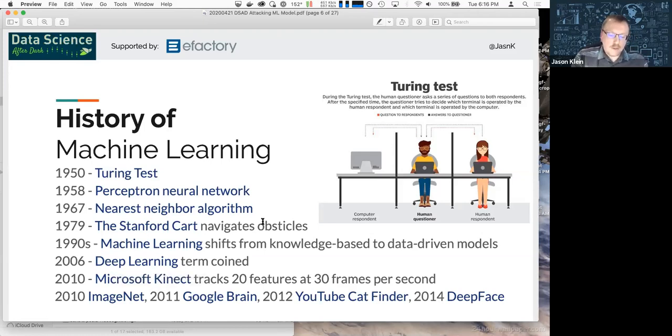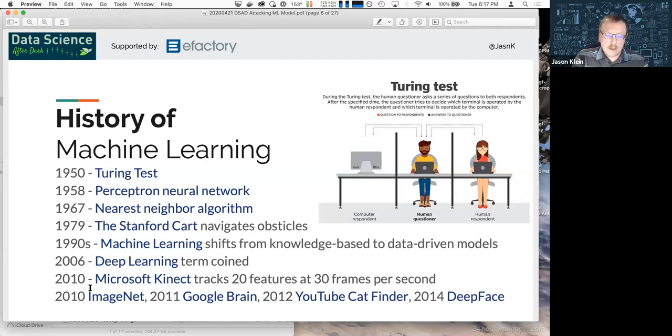Only 2006, which when you start to look at some of these benchmarks and milestones, it isn't really that far back, but that's when the term deep learning was coined, so 14 years ago. And then 10 years ago, we start to see a lot of activity. Microsoft Kinect, a lot of you who may have used Xboxes or played any of their active games where you stand in front of the Xbox and it can see the motion of your body. That device was launched in 2010 and was able to track 20 human features at 30 frames a second in real time, which was pretty groundbreaking at the time.